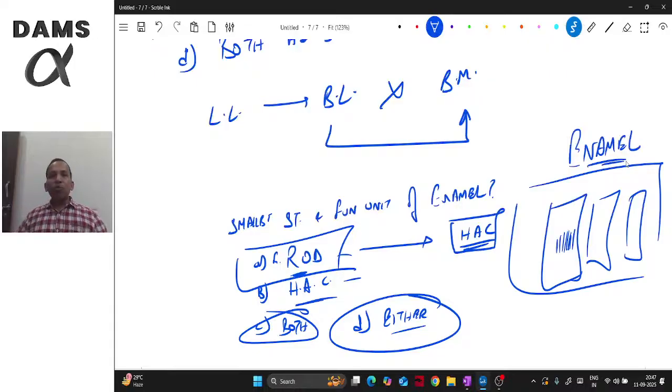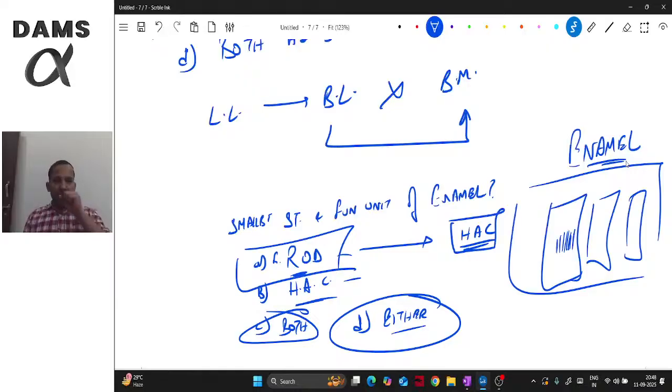तो हम ऐसा क्यों करते हैं कि enamel का smallest structural and functional unit हम hydroxyapatite को तो नहीं बोलते, हम enamel rod को बोलते हैं, right? Because that is the repeating structure, isn't it? तो वो उसके अंदर repeating structure, enamel rod का जब composition की बात करते हैं उसके अंदर hydroxyapatite है।